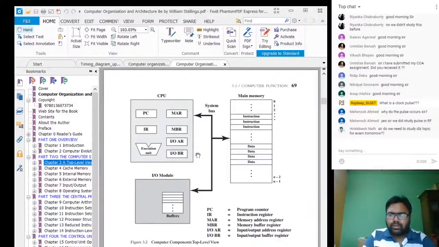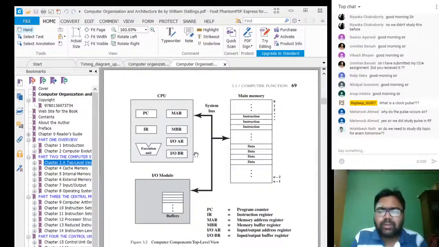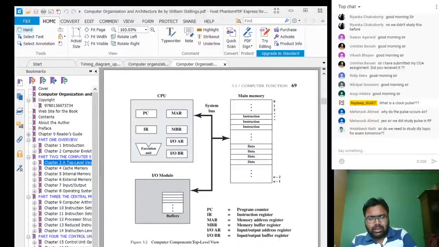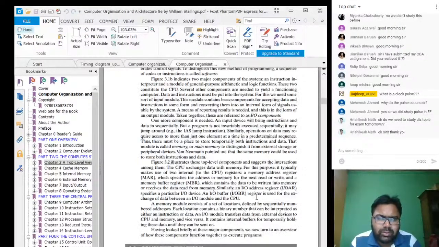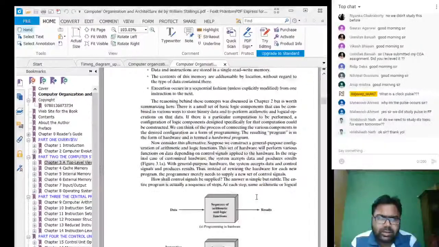No, this is not required for tomorrow's exam. Tomorrow's exam only has the first unit. I think I had given it in the first and second, I think you need to study. You need to study the first unit for both the subjects, and it is basically your MCQ, right? So next week or the week after we will go for one more test, and we will see these things.